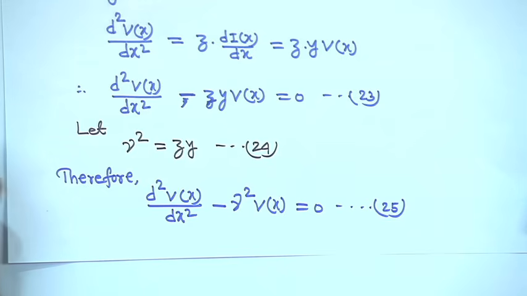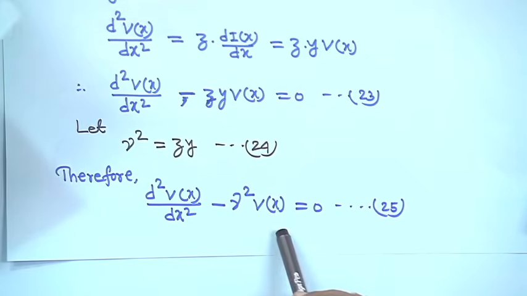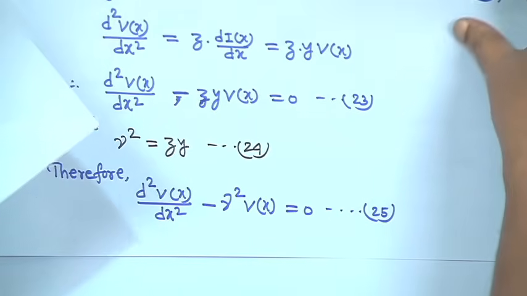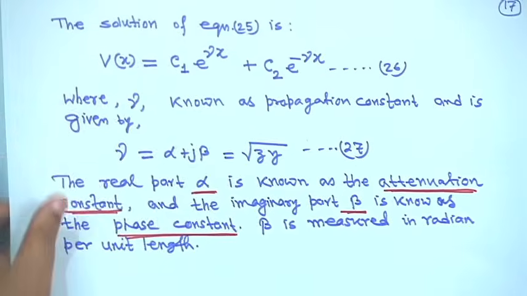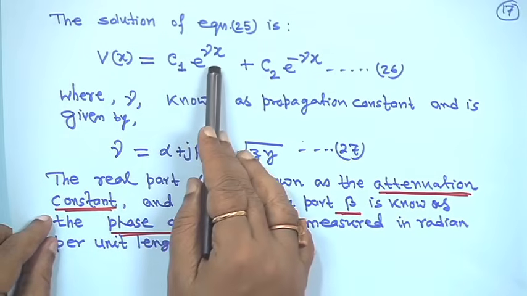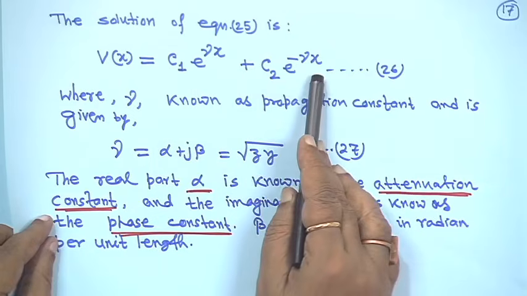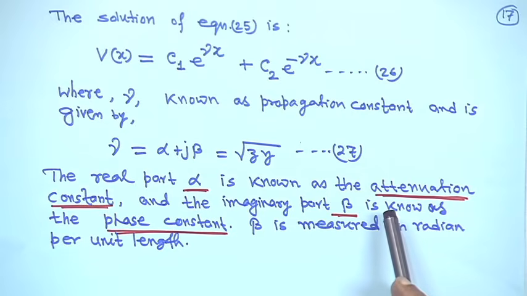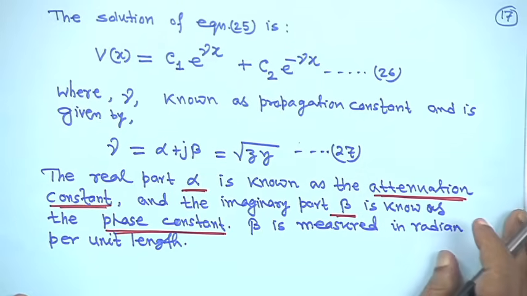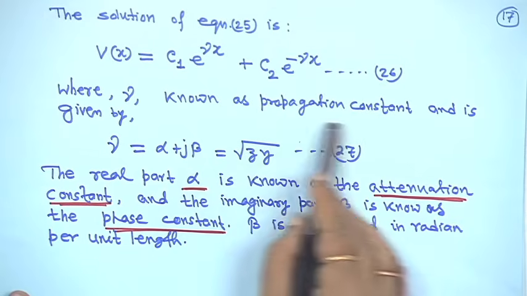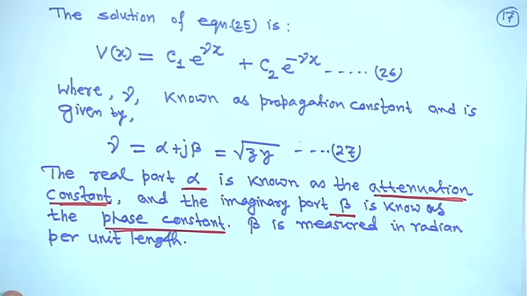Now, the general solution of this second order differential equation. You can write in general Vx is equal to C1 e to the power gamma x plus C2 e to the power minus gamma x. This is equation 26. C1, C2 can be obtained by putting initial conditions, we will see just later. So, this is equation 26, where gamma is known as the propagation constant and is given by